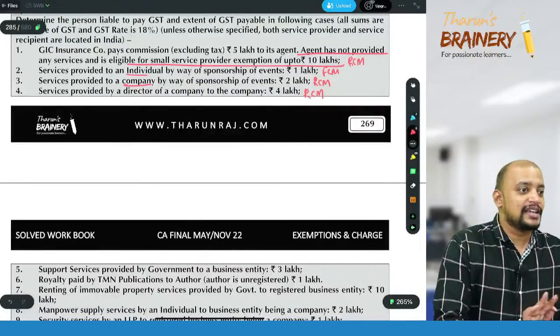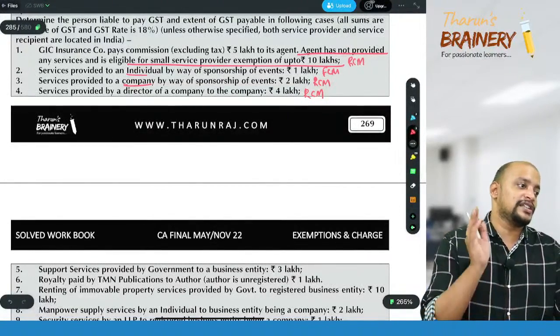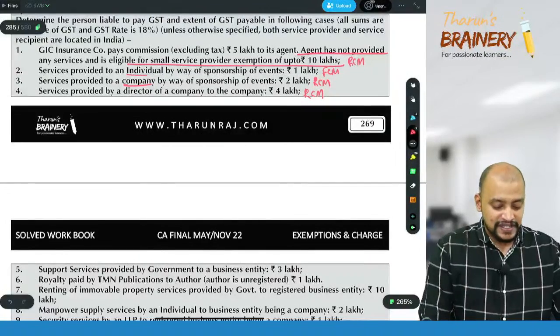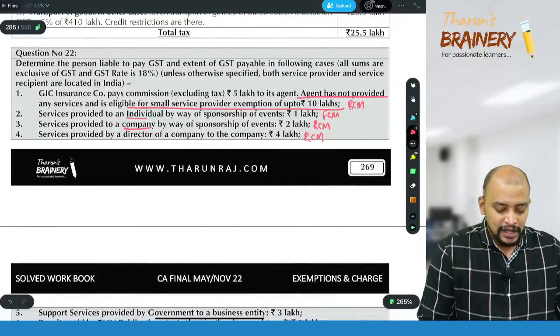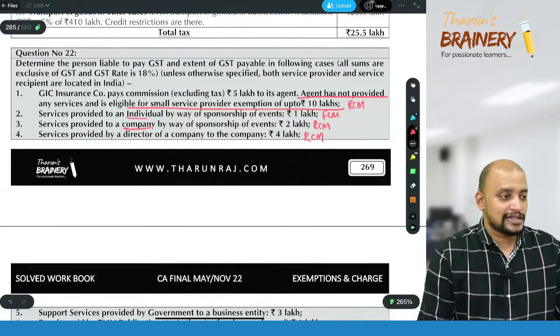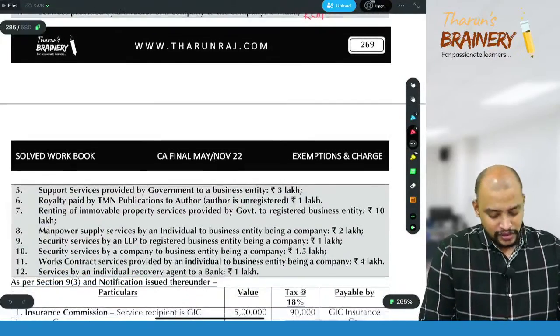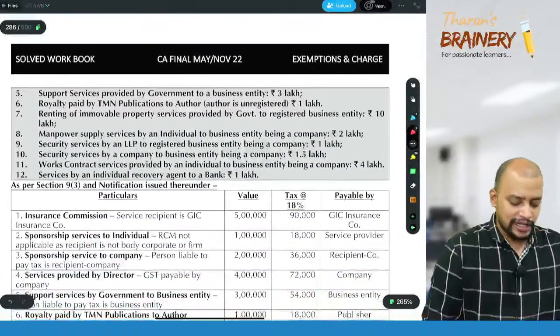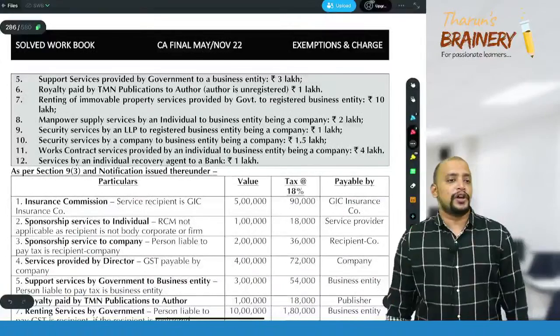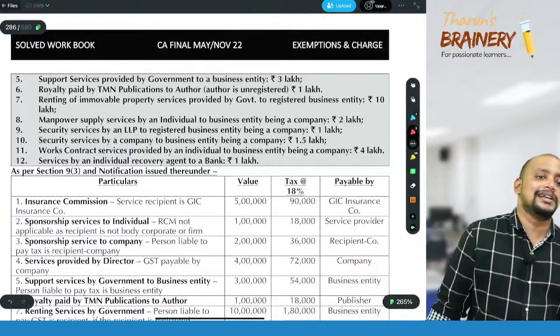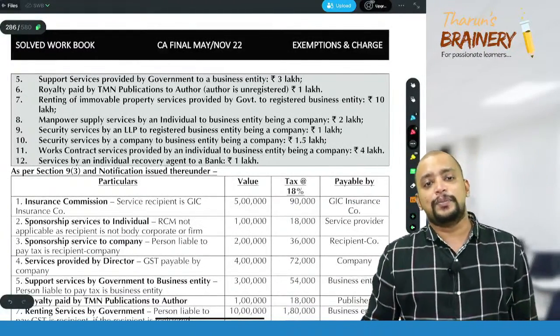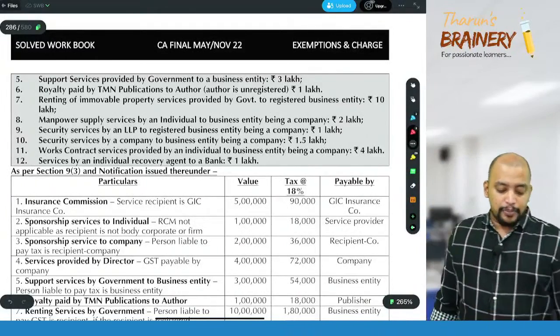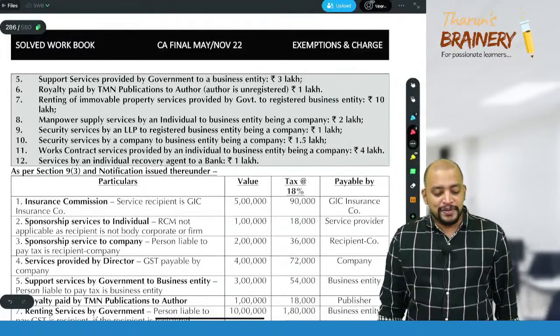They are not asking whether it is taxable or exempted, chargeable to GST or not, FCM or RCM. Assume that all these transactions are taxable, okay? And yes, you can also write that point, nothing wrong in that. If it is employee to employer, meaning the company has deducted TDS under 192, then it will not be a supply, okay? Support service provided by government to business entity,